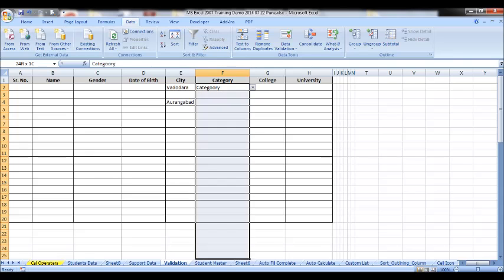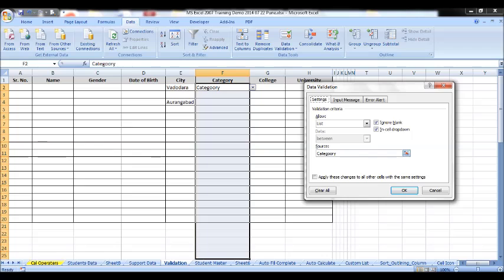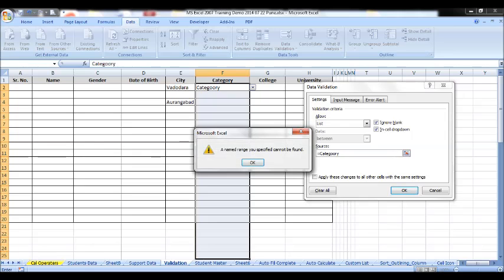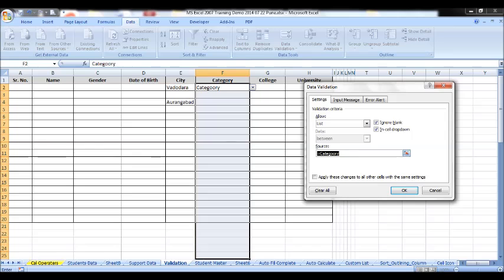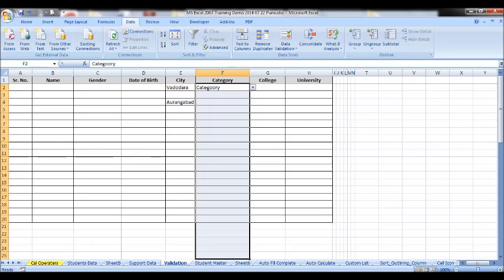See, we had selected the cells and while validating, the spelling is wrongly put therein and it is without the is equal to sign. Even if I have the is equal to sign here with wrong spelling, how will it work? It will not accept, because the list with name CATEGOORY is not therein. So you should be particular to enter specific values therein.